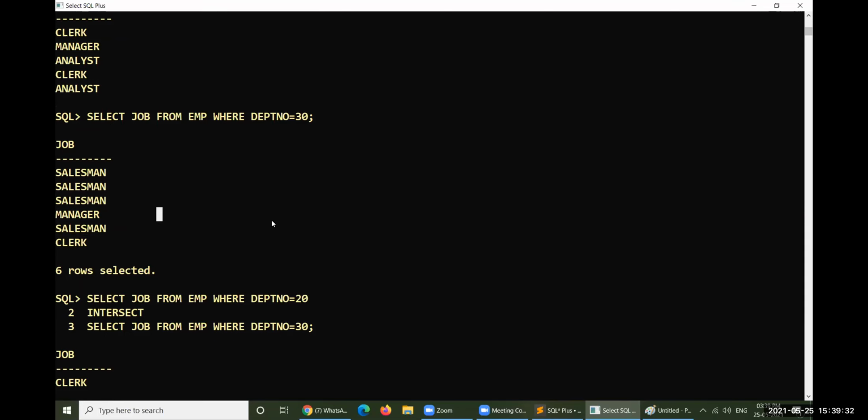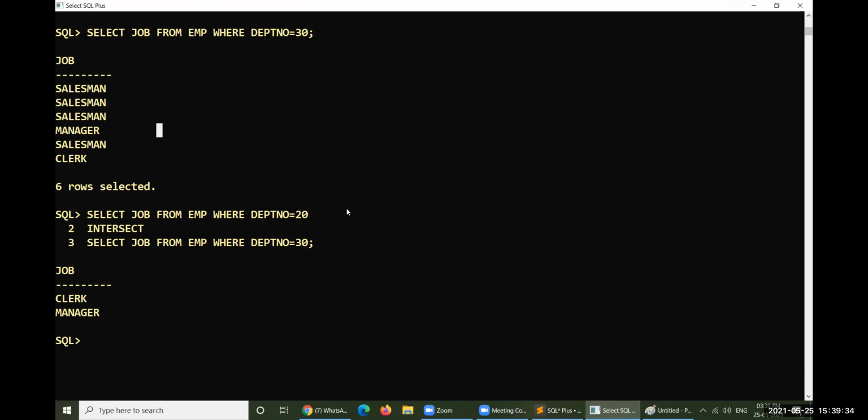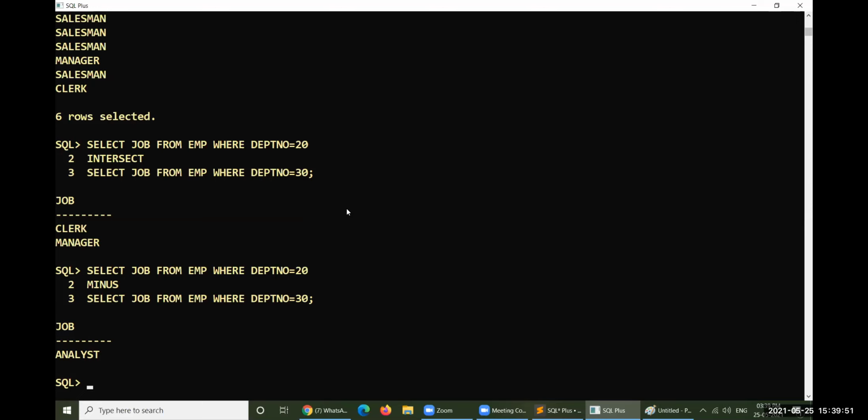So now let me operate. What is the unique job type in department number 20 compared to 30? Let me consider department number 20, then minus, since unique means minus, then go ahead with department number 30. So the unique job is analyst. Analyst is the unique job type.